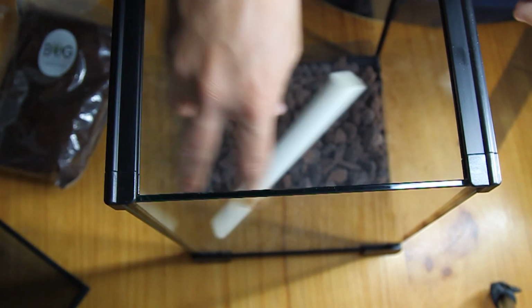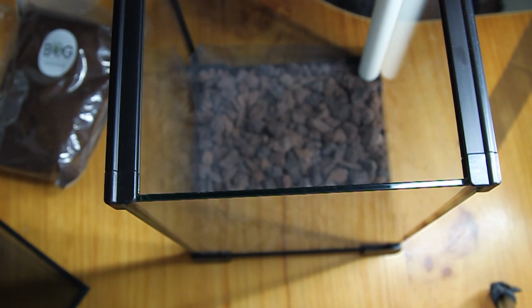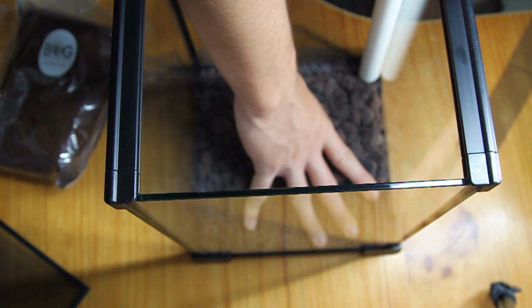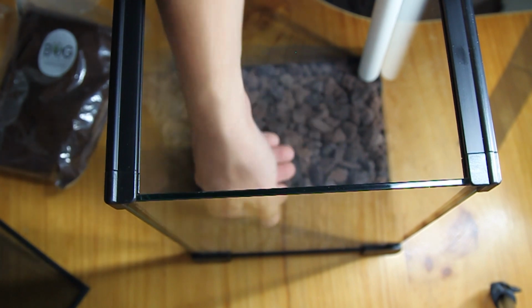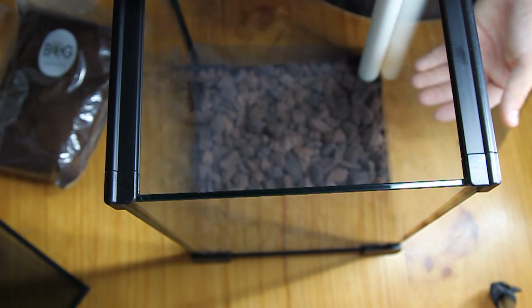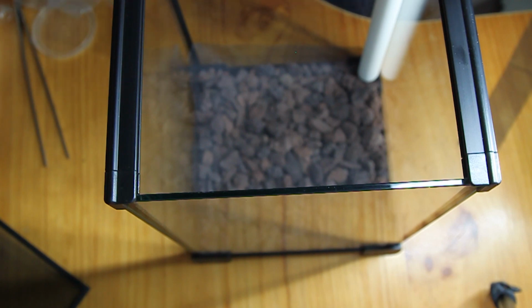So the idea of this really is to put a pipe like this on the side, and when you put water in it, you know, the water disperses down here, the moisture comes up, and it basically keeps the same moisture levels of the sand as what it would be in the wild. That's the main goal of having a false bottom setup, is to replicate exactly how burrowing species of scorpion like Kenkoi